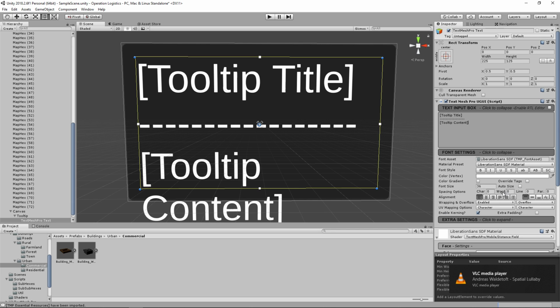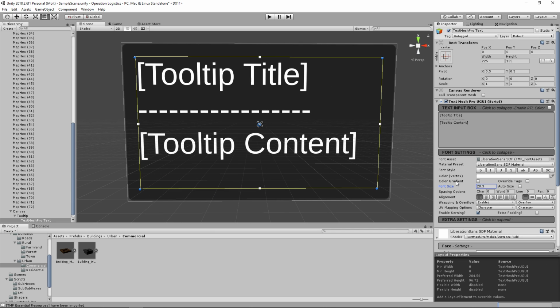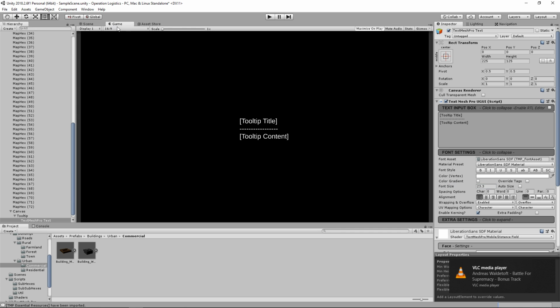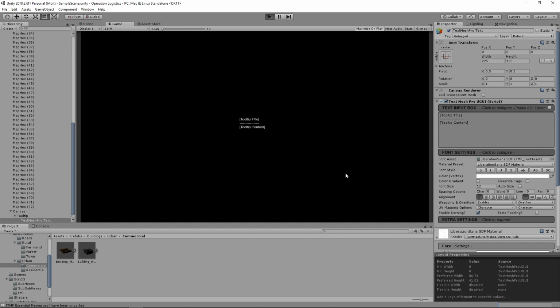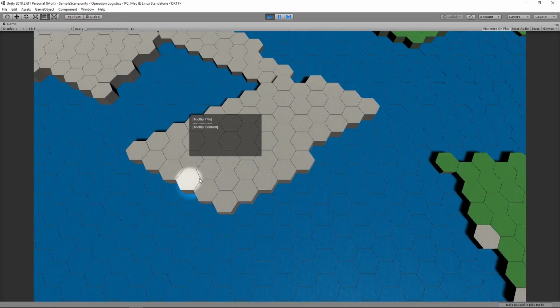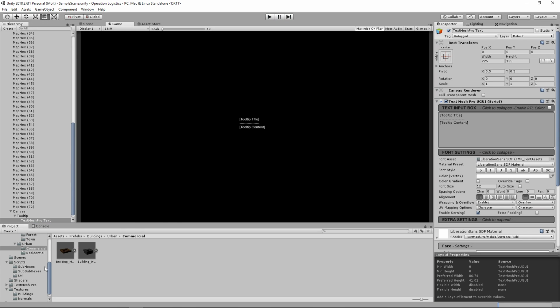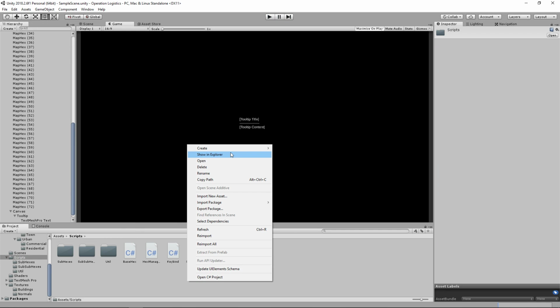Okay, so obviously a font size of 36 is a little much. I'm going to need to see here, but 23 is still a bit much. Maybe around 12. And let's see how much space we have available. Yeah, that'll do. Okay, so let's go ahead and go into our scripts here,